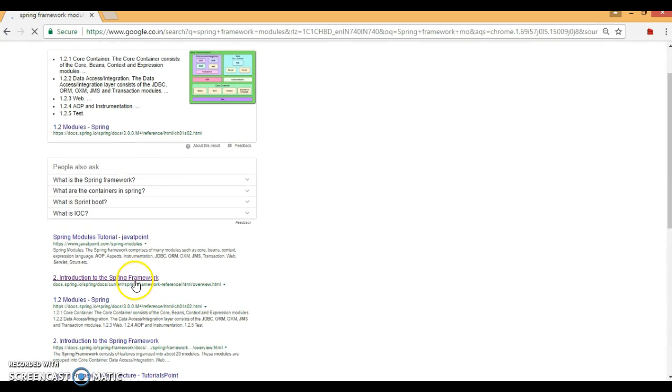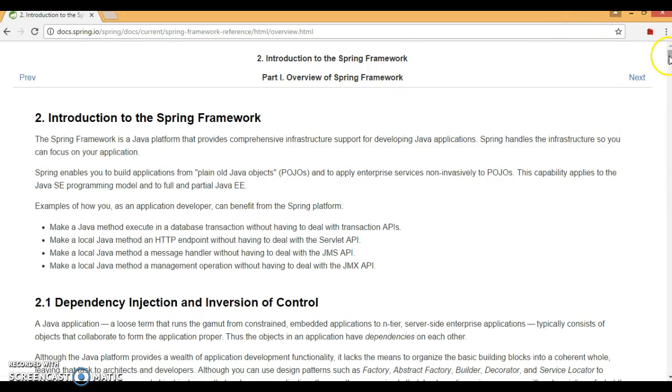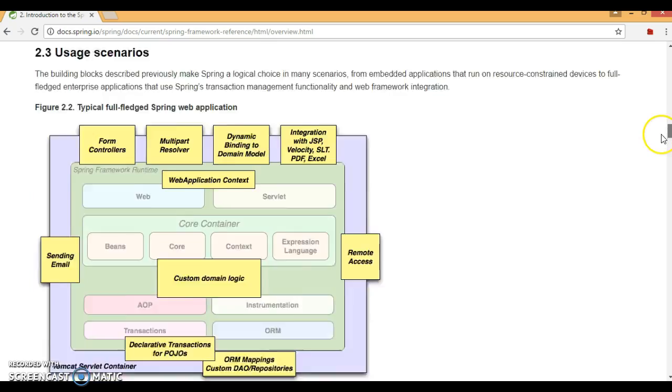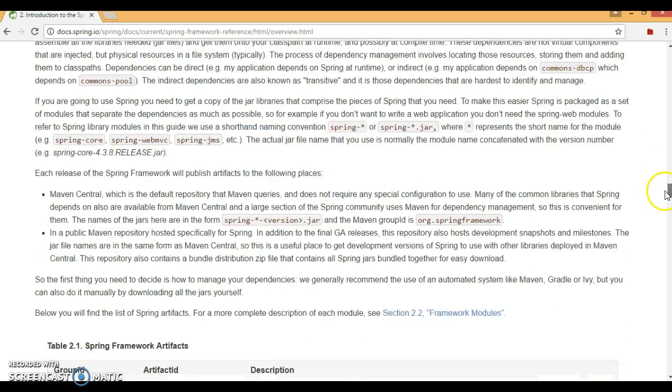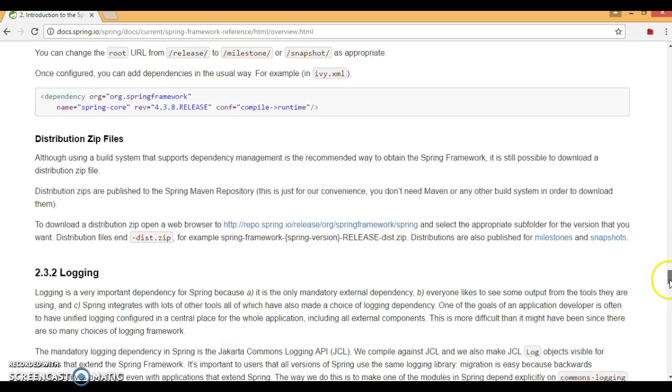Let me increase the font size. If you come to the bottom, they have specified where you have to download the Spring distribution file. Let me show you.